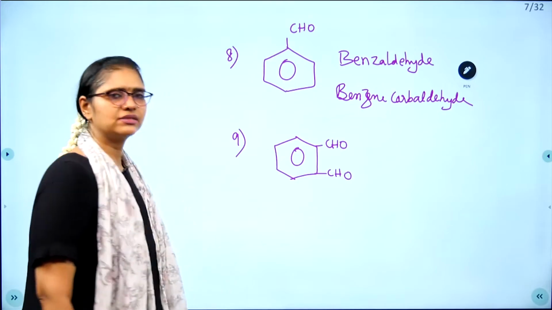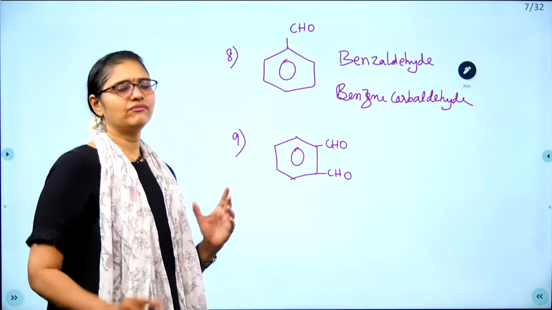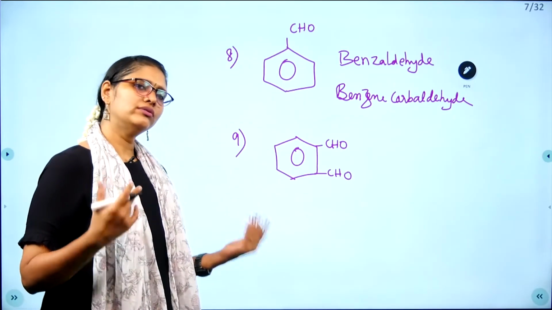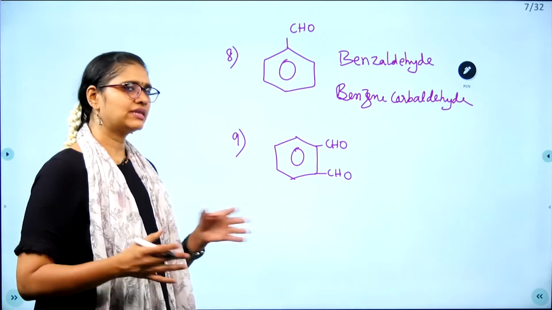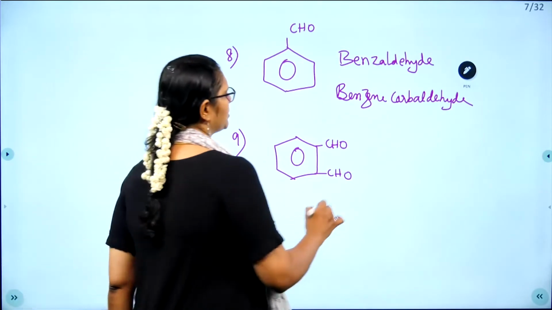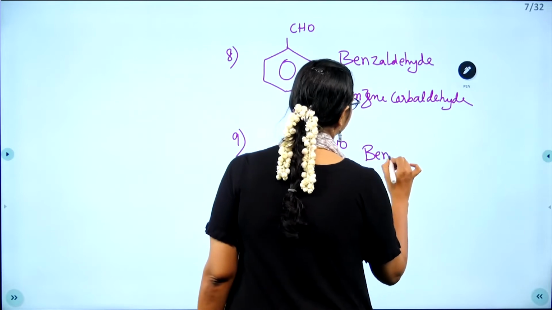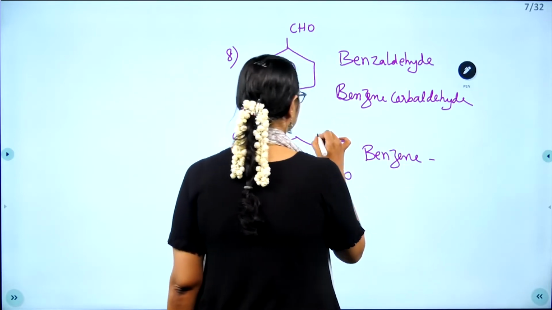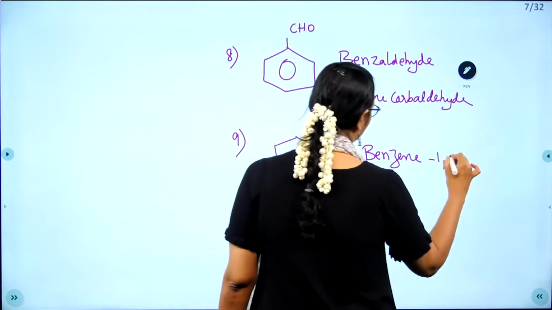How to name this? Always, whenever you have CHO outside the ring, always name it separately. So how will you name now? Benzene. So this is 1, this is 2. Okay, 1, 2